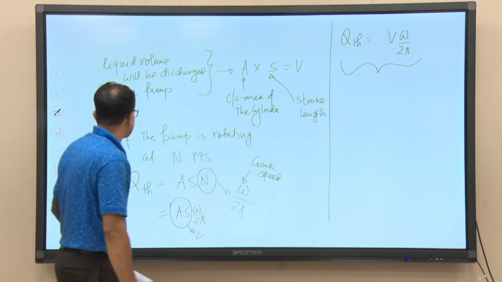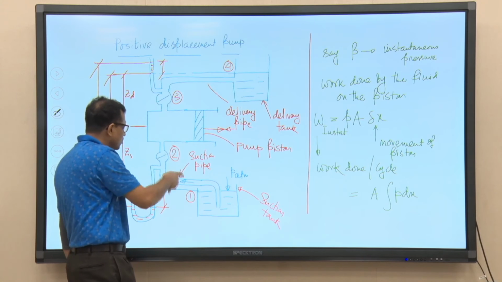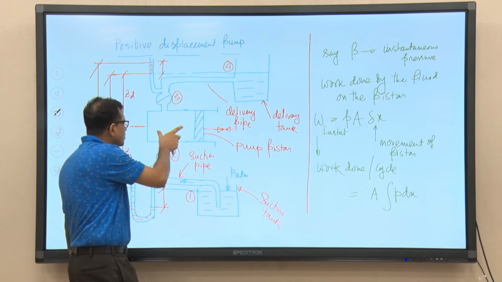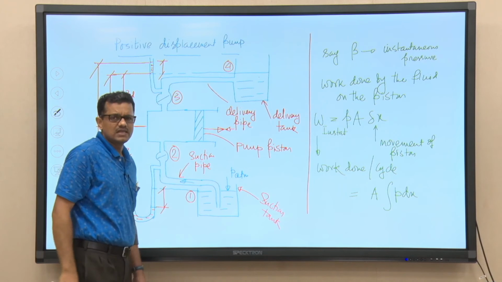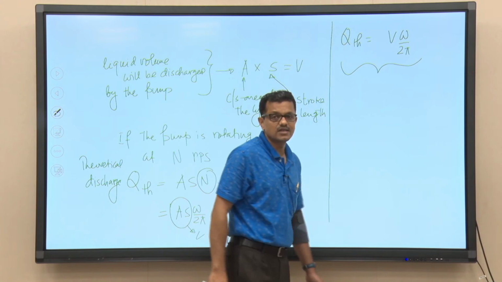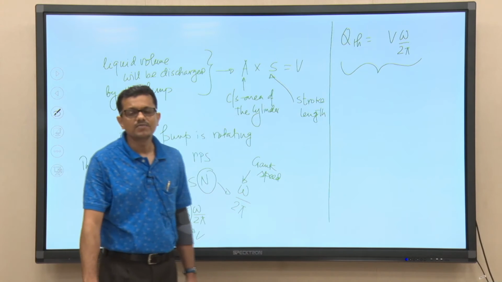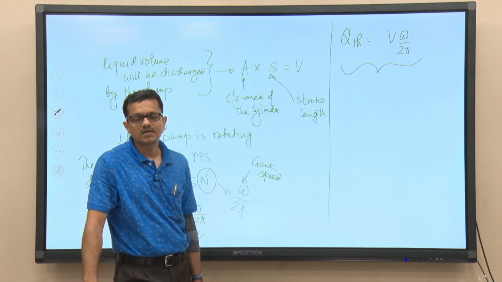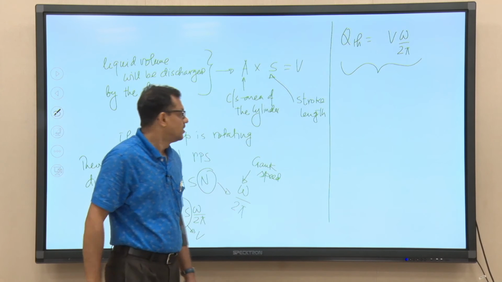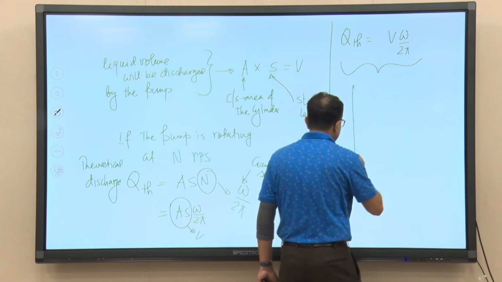So, basically you can see that when the system is working, we need to consider losses in the suction pipeline, losses in the delivery pipeline, losses of the liquid in the cylinder, so many things are there. But actually, the theoretical discharge, rather the discharge from the pump, does not depend on the pressure of the system against which the pump is working. Now, if we try to draw the H-Q curve, that is very important.